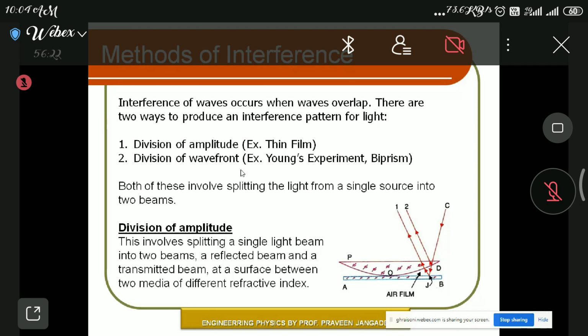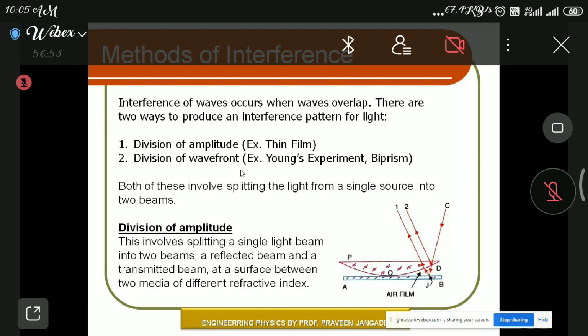A thin film can be an air film or a soap bubble, whose thickness is of the order of 5500 angstrom unit. That film is considered a thin film. Now we come to how we can get two coherent light waves through division of amplitude. This is the method that we have to apply in the case of